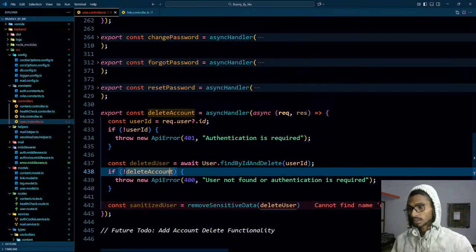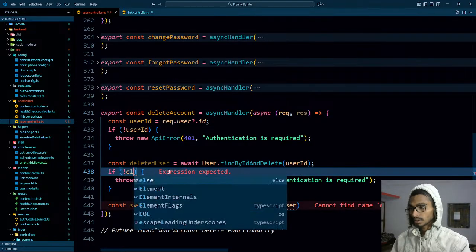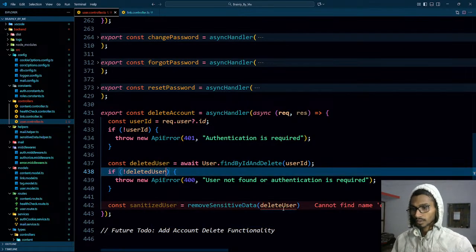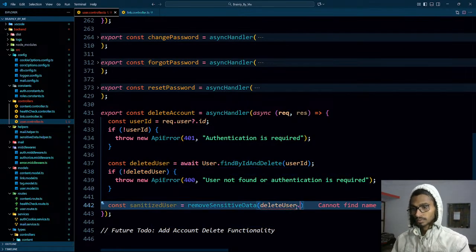Moreover, this is going to be deletedUser.toObject, and then I'm going to convert it to an object. Once this conversion is done, this should be deleted,